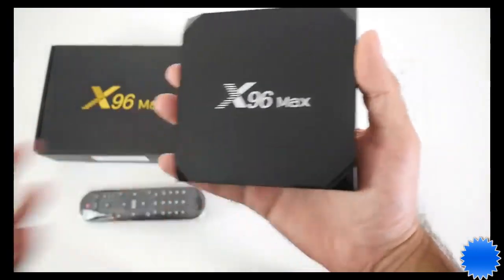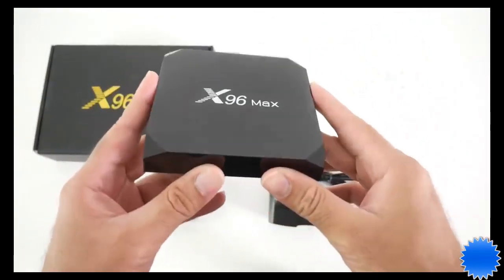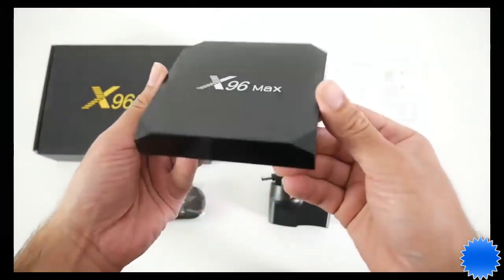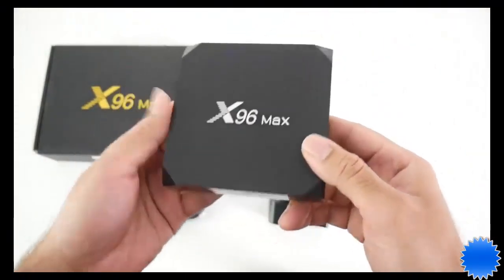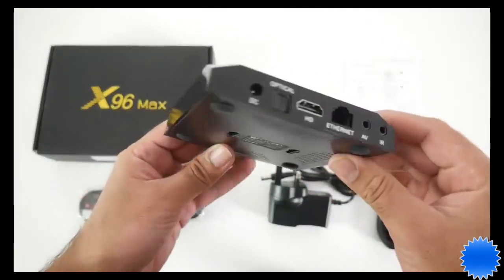So here it is, people, finally in my hands. My delivery got a little bit delayed, but it got here in the end. So we've got an interesting design here, finished in a matte black. So on the front we have an LED display, nothing on the right, and on the back of the unit